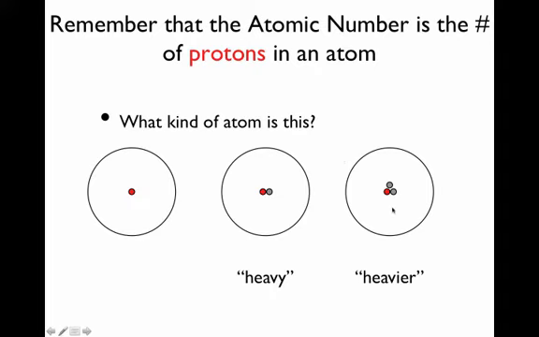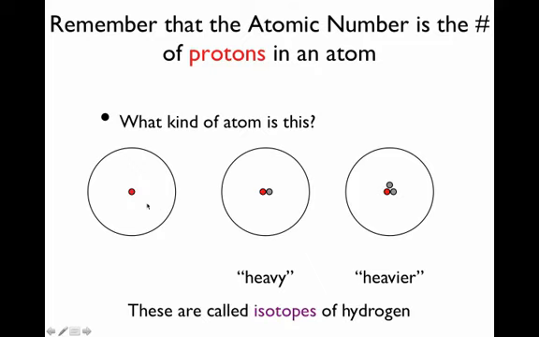But what I mentioned earlier in the course is that all of these different versions of hydrogen are called isotopes of hydrogen. I basically said that an isotope means a version of an element that is either heavier or lighter than other versions of the same element. So that's all that isotope means, and we're going to talk about isotopes for the rest